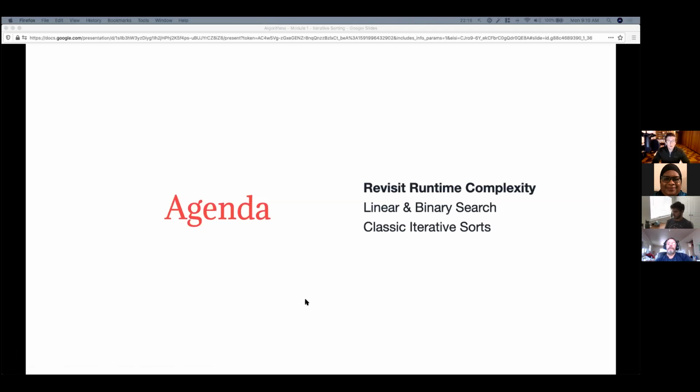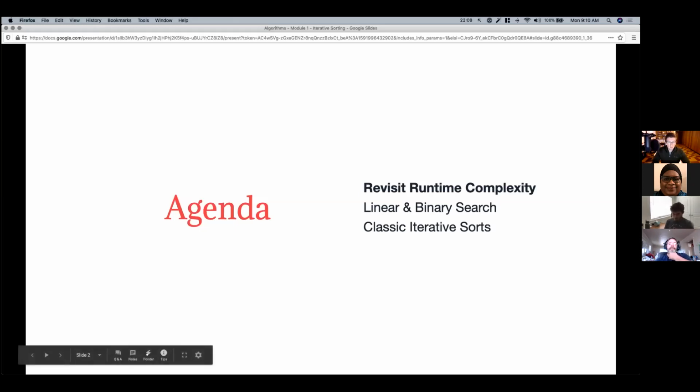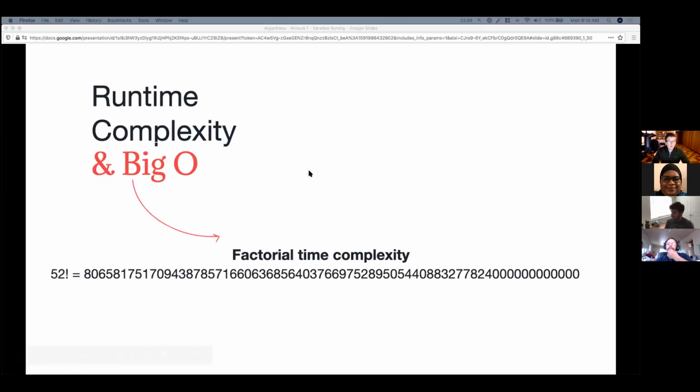Let's go ahead and talk again about runtime complexity. Many of you probably remember some of the stuff we went over last week, but we'll talk about some of it again. It can be confusing,